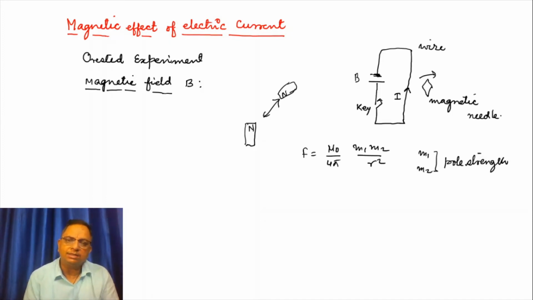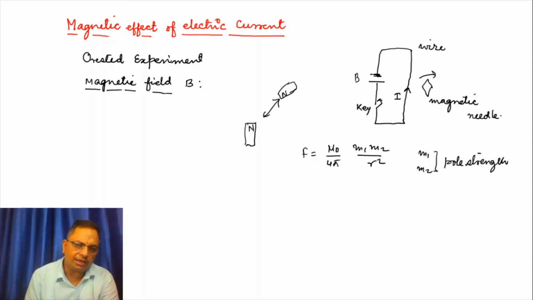Now what is the magnetic field? Just as I have told you for electric field, same here in magnetic field. It is the space around any magnetic pole or magnet, where any other magnetic material experiences a magnetic force. We call it magnetic field. How do we calculate it? We calculate by the rule, as well as how we observe.